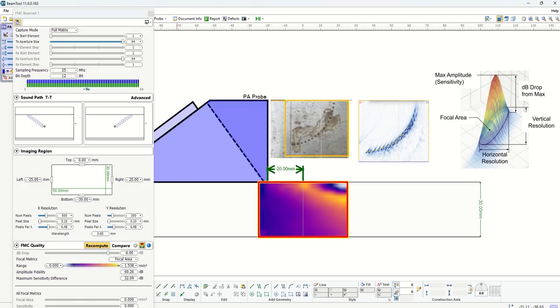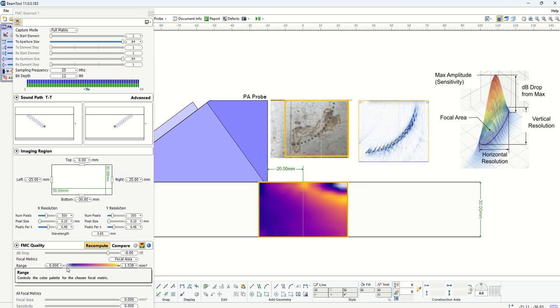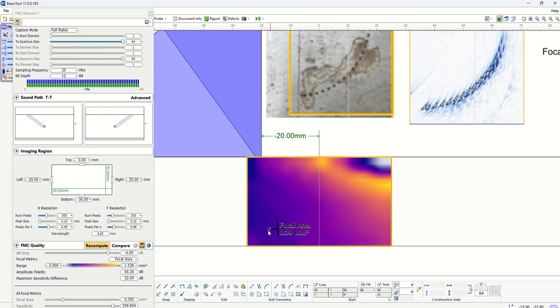And again, you can see that the palette ranges from a small value to a large value, from light purple to yellow. And as we move our mouse cursor on the image, we can see its focal area values. What is interesting here is that, again, when we are close to the bottom left, our focal area is around 0.33 millimeters square. But as we move up, you see that it starts to increase to 1.33 or 27 millimeters